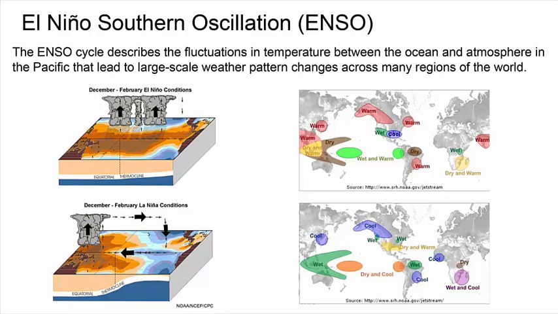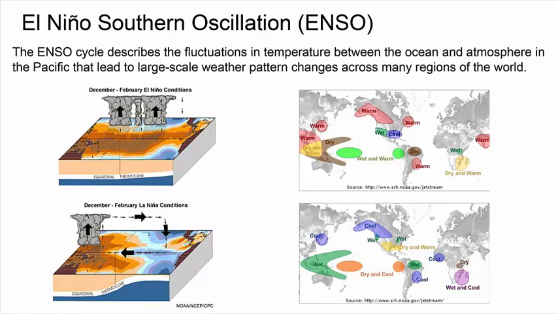How often does it flip? Sorry? Oh, unlike the sun that I was showing you before, where it's relatively 11 years, this changes from 2 to 4 years. So you can have a year or two where it's in the El Nino phase, then another year or two where it's neutral, so it's like normal, but then you can have a year where it's La Nina, and then the next year can be El Nino. So it's not predictable like the sun, where you have the 11-year cycle. It still has a 2 to 4 year cycle in it.